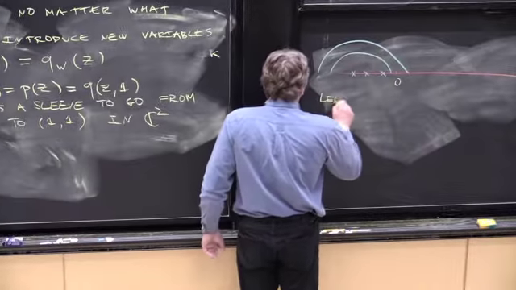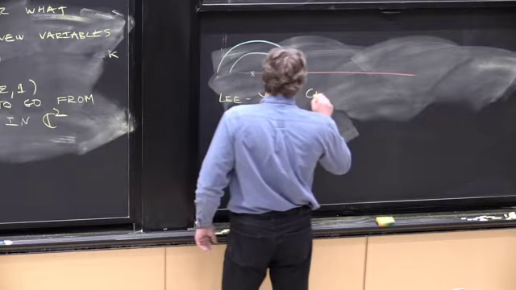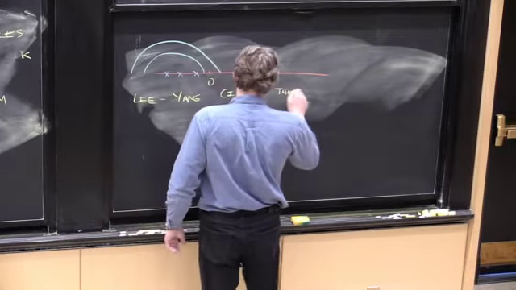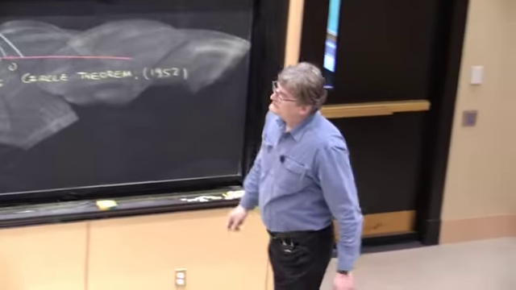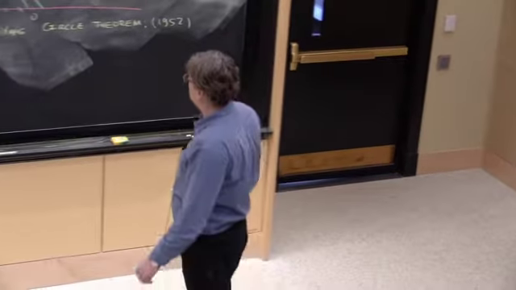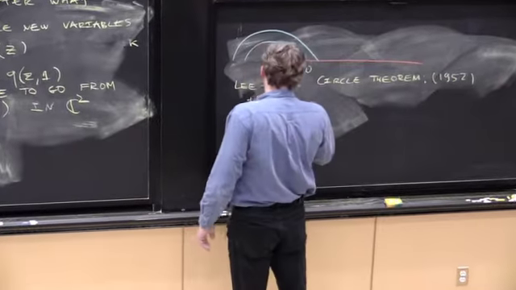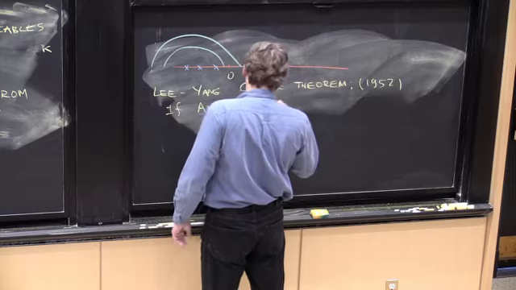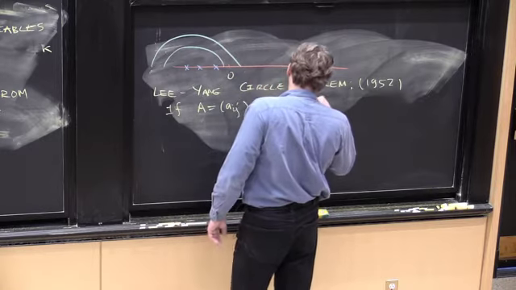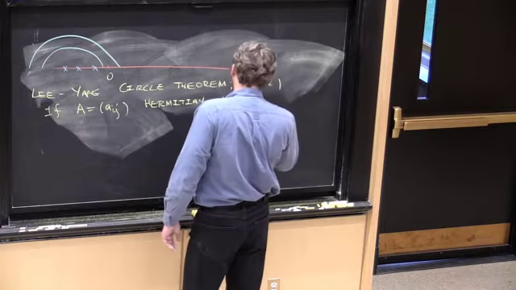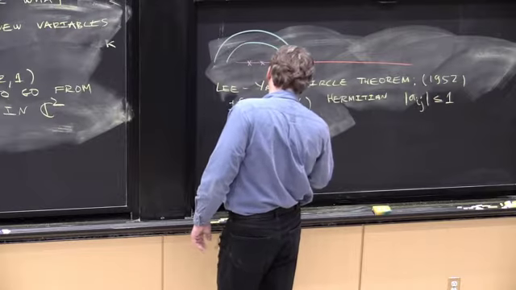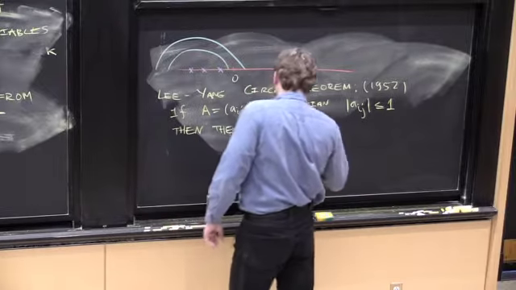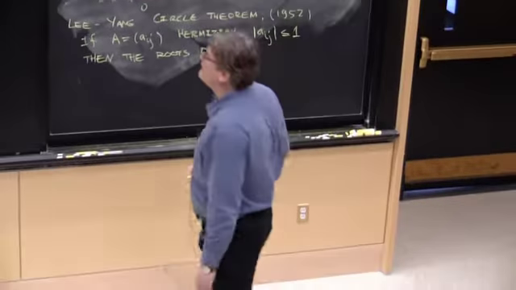For example, the Lee-Yang circle theorem, 1952, which corresponds to the ferromagnetic Ising problem, says that if A is Hermitian and all the entries do not exceed 1 in absolute value, then the roots of the polynomial, which is really a partition function of the ferromagnetic Ising problem with magnetic field,